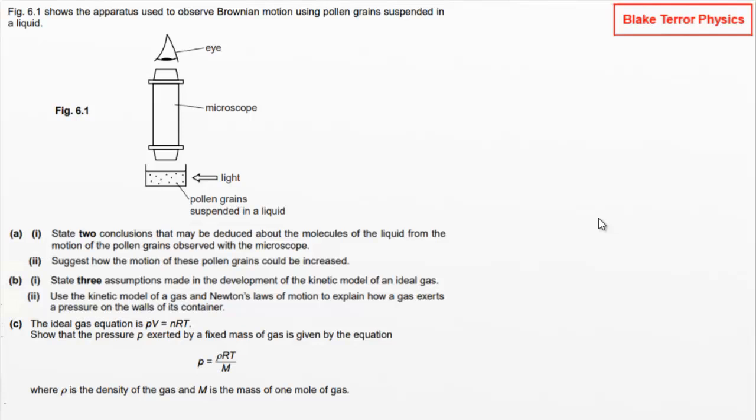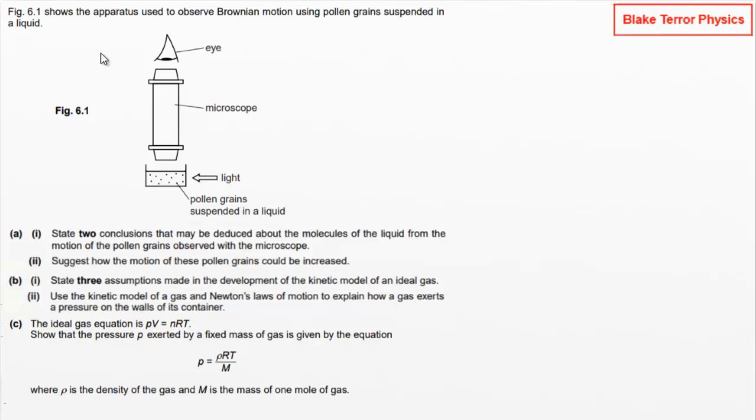Hello, here's a couple more thermodynamics related questions. So we're starting here with figure 6.1, which shows the apparatus used to observe Brownian motion using pollen grains suspended in a liquid. So that is the original and classic Brownian motion experiment. State two conclusions that may be deduced about the molecules of the liquid from the motion of the pollen grains